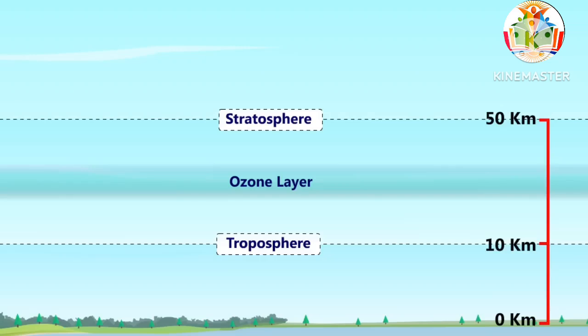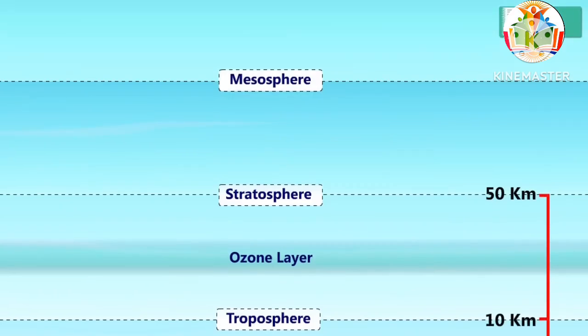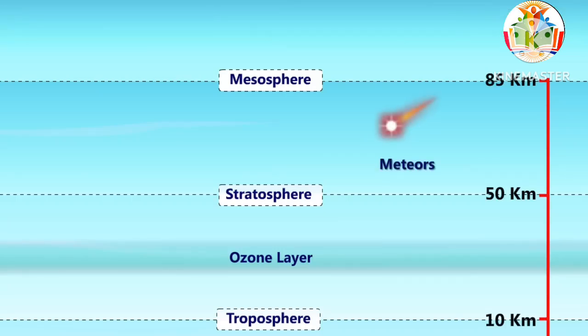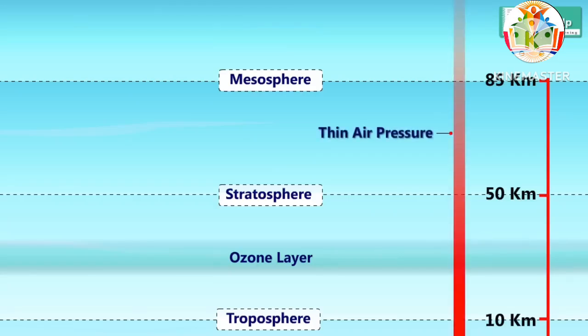The third layer of the atmosphere is the mesosphere. It extends upward to a height of about 85 kilometers, 53 miles, above our planet. Most meteors burn up in the mesosphere. Unlike the stratosphere, temperatures once again grow colder as you rise up through the mesosphere. The coldest temperatures in Earth's atmosphere, about -90 degrees Celsius, -130 degrees Fahrenheit, are found near the top of this layer. The air in the mesosphere is far too thin to breathe.